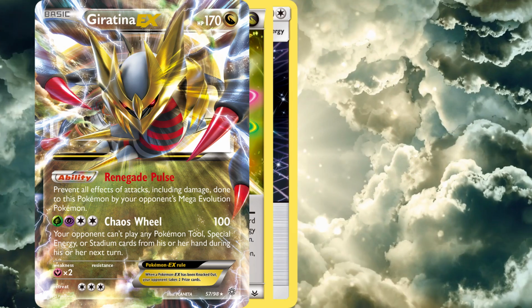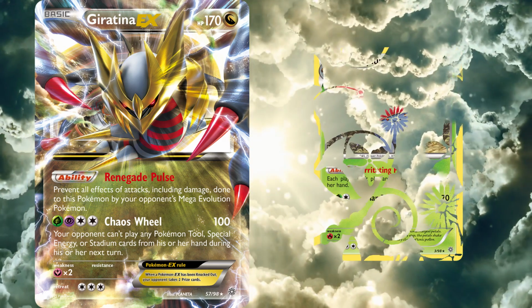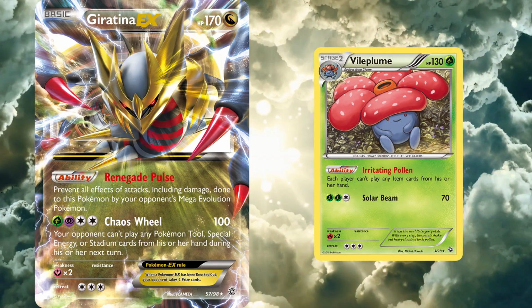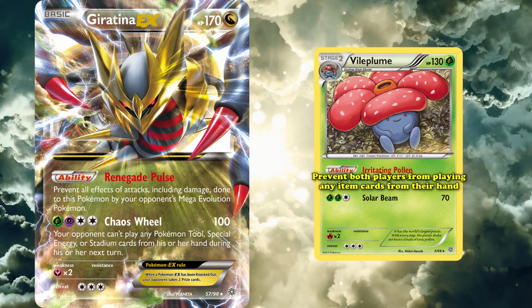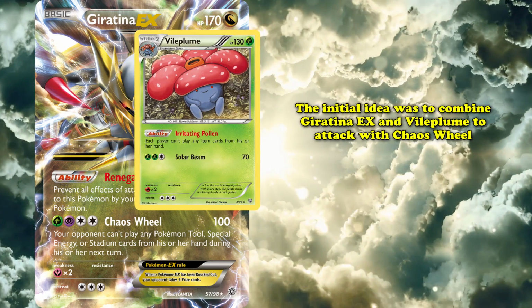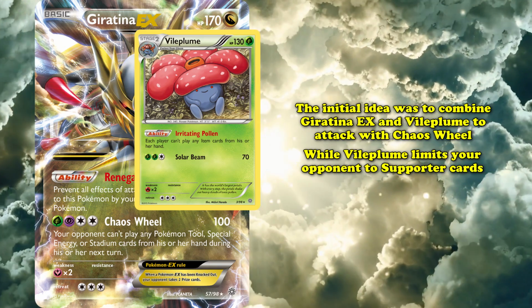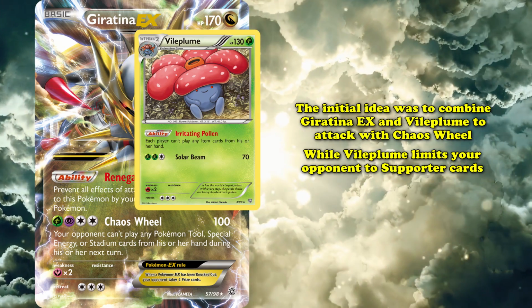The first instinct that players had when the full set list of Ancient Origins was revealed was to pair it with Vileplume from the same set. Its Irritating Pollen ability prevents both players from playing any item cards from their hand. So the initial idea was to combine Giratina EX with Vileplume to attack with Chaos Wheel, while Vileplume was in play to prevent your opponent from playing tool cards, special energies, stadium cards, and item cards,